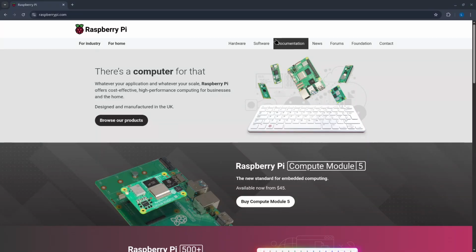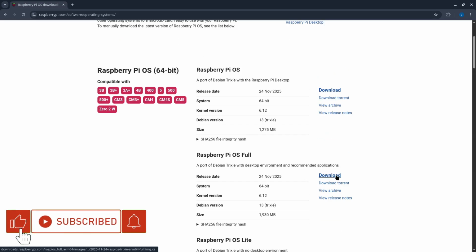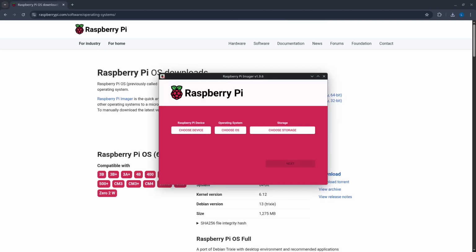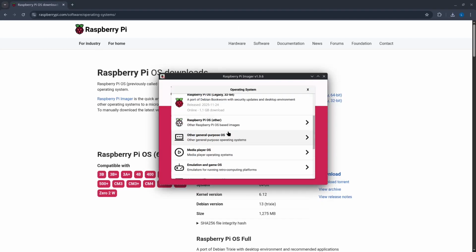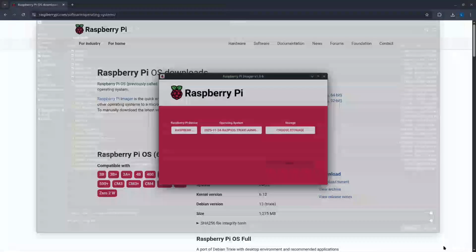We have a new release of Raspberry Pi OS. The first step is to go to the website under the software section, then find Raspberry Pi OS, see the full version 25.11.04, and download it. We use Raspberry Pi Imager, select the device, then the operating system we downloaded, choose SD